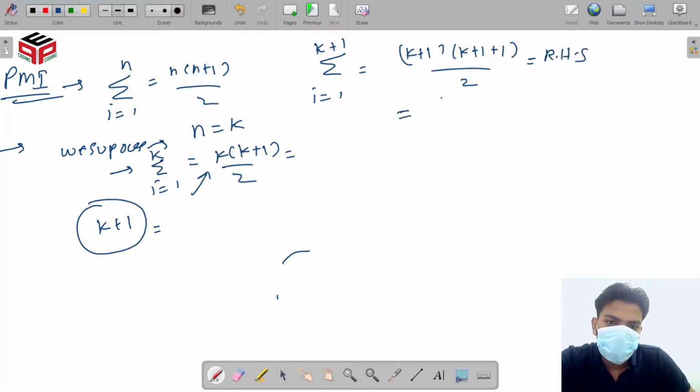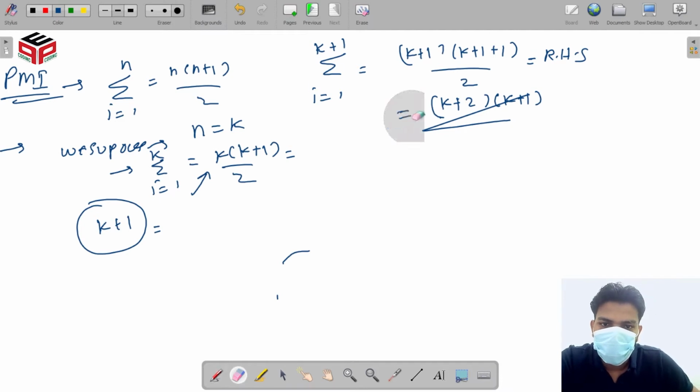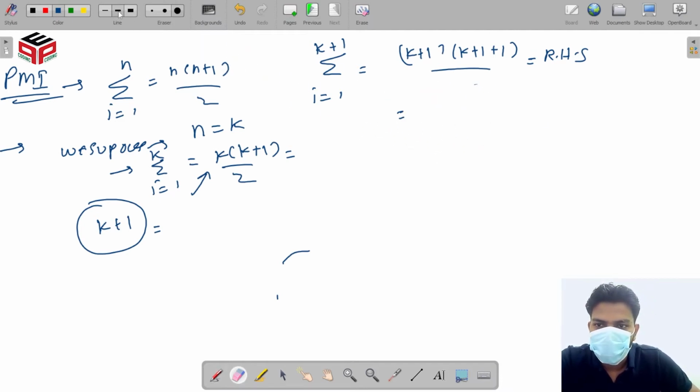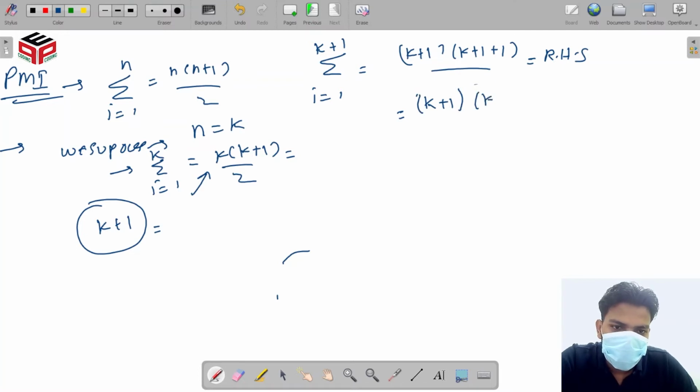So here k plus 1 and here k plus 2, divided by 2. So we have to prove this formula.